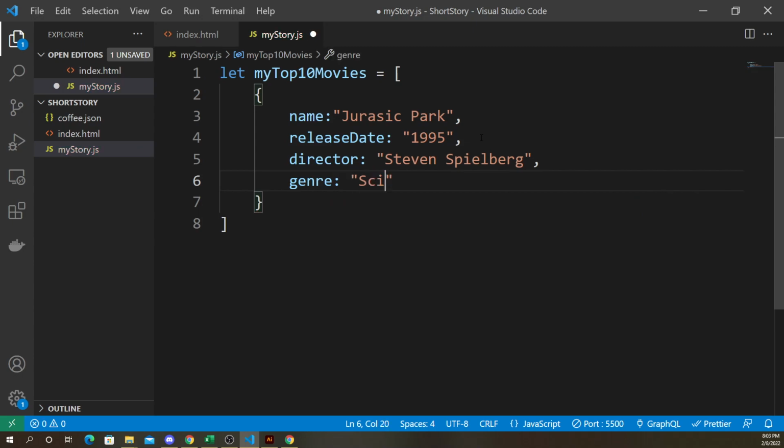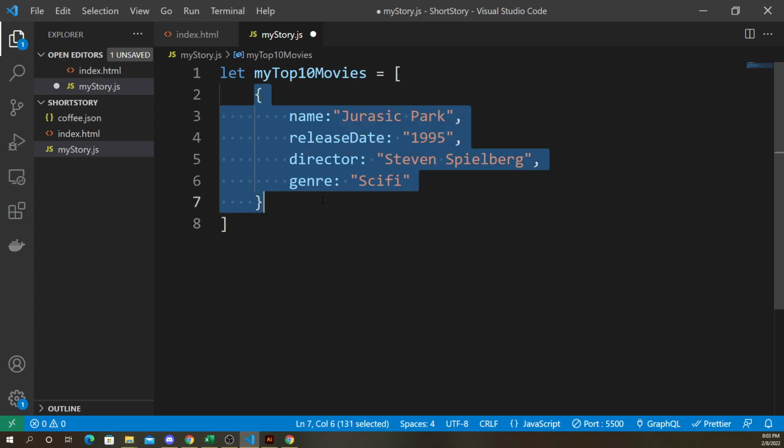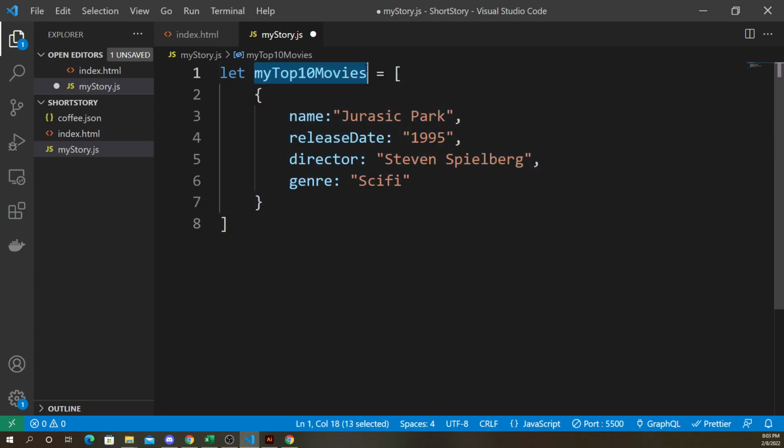Science fiction. Anyways, what other data can you think of that you could put? That would be the first movie, so that's number one, comma. Say top five. I don't feel like listing 10 movies. Comma, next movie,